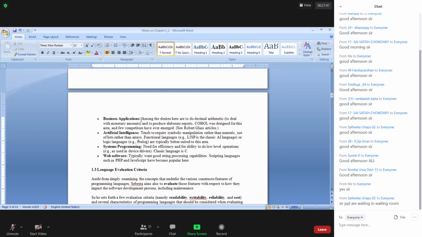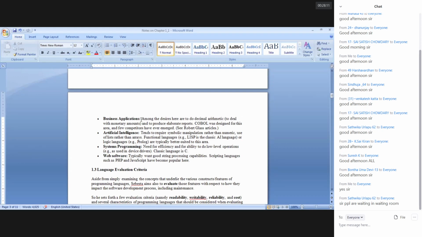To concatenate two strings, or based on two statements to make some decision, Prolog and Lisp are more suitable, because those are the programming languages used in the domain of artificial intelligence